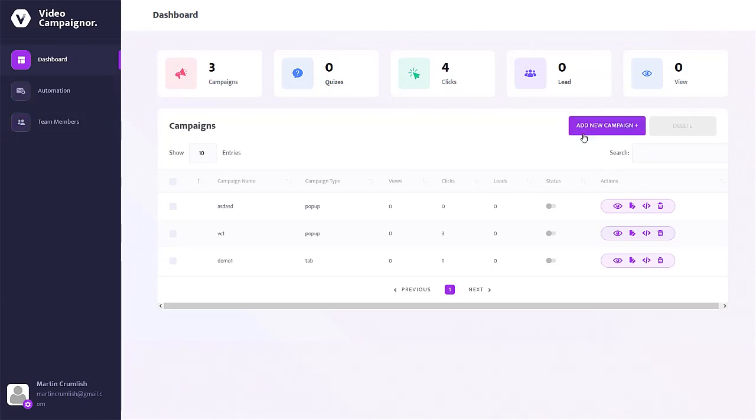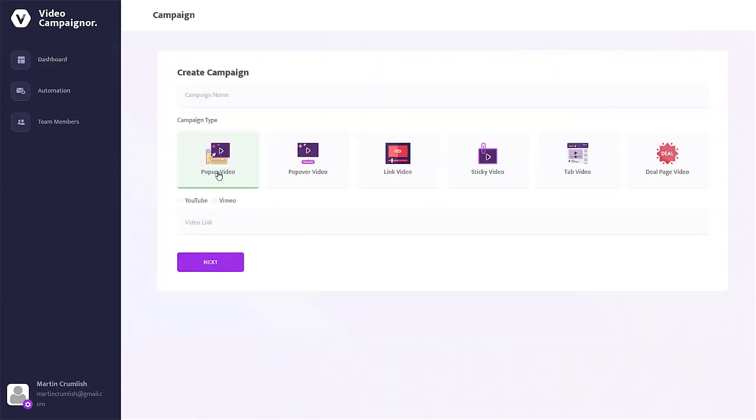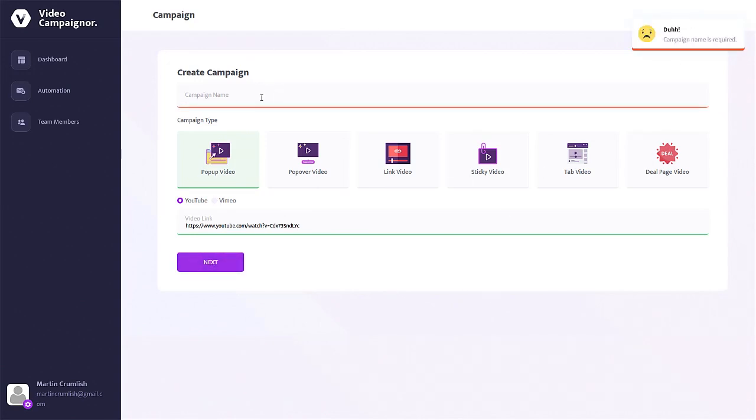So we're in here now, and let's say we want to make a new campaign. We simply click add new campaign, and then we get to choose which type of video campaign we want to use. So the pop-up, the pop-over, link, sticky, tab, or deal page. So I'm just going to go with the pop-up video, and then we can choose which of these you want to use. So I'm just going to use a random video here. I'll give the campaign a name